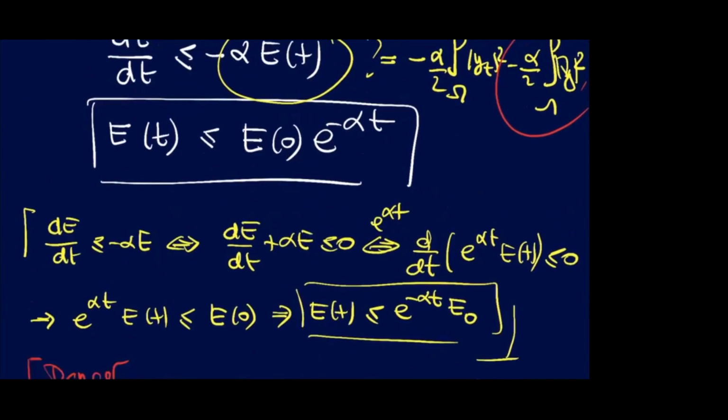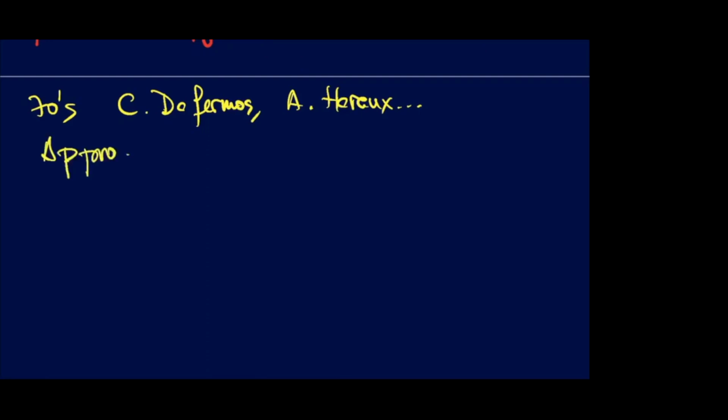So what people thought in the 70s, there were works by, in particular, Constantin Dafermos, and then Alain Aron in Paris, who was my PhD advisor, and so on. People thought, well, maybe we should elaborate this question a little bit more, right? So then the approach that people derived was the following. The approach was: find a perturbation of the energy,